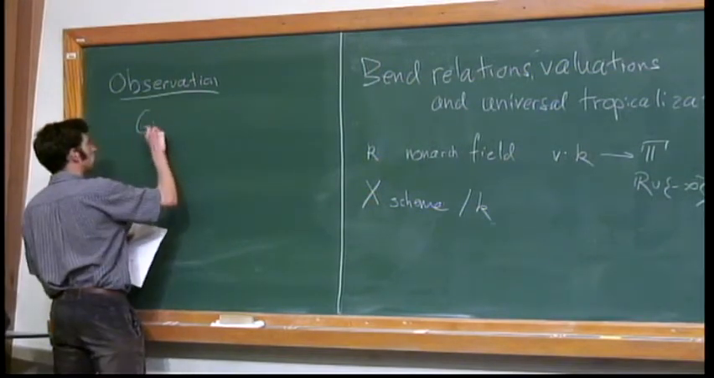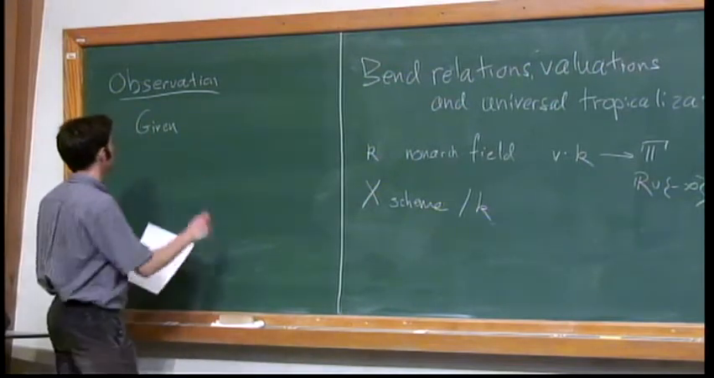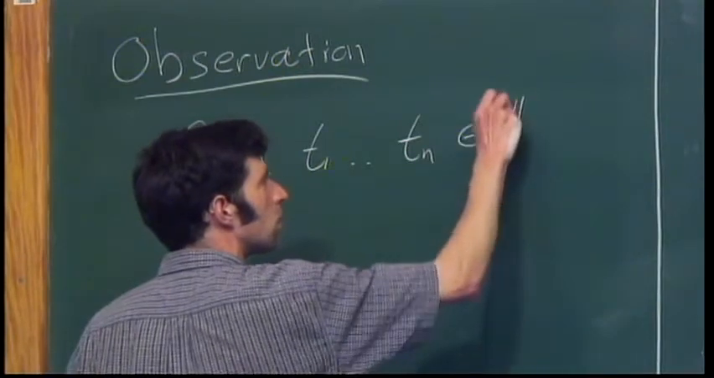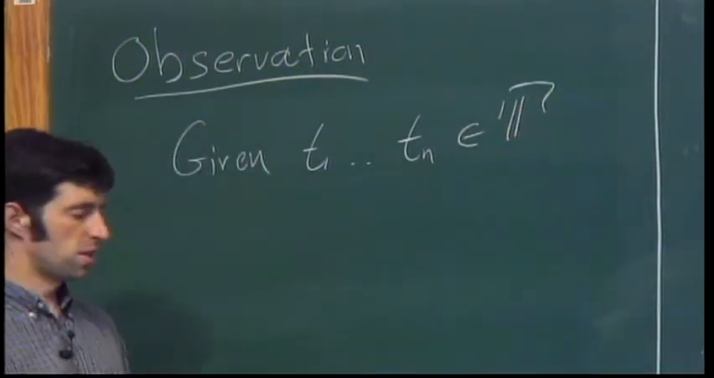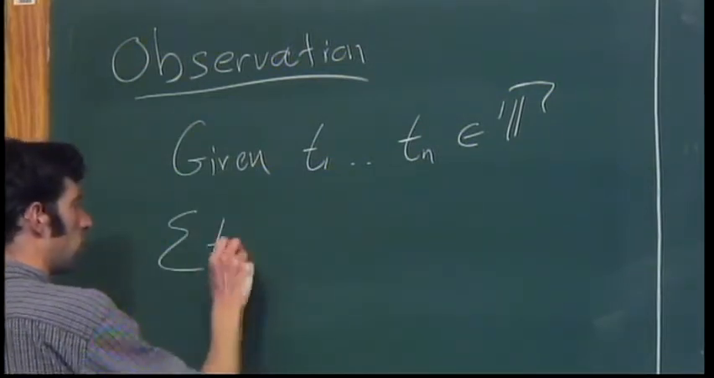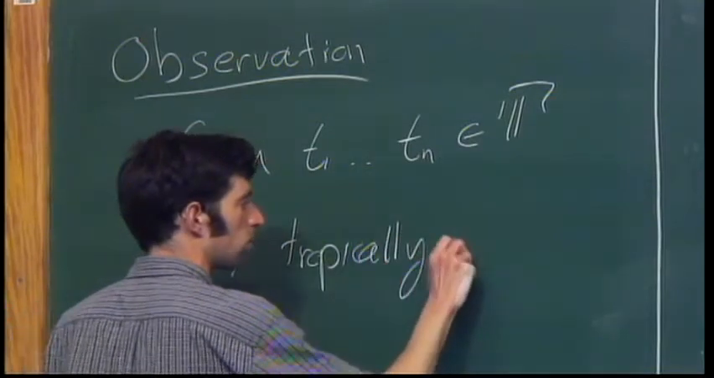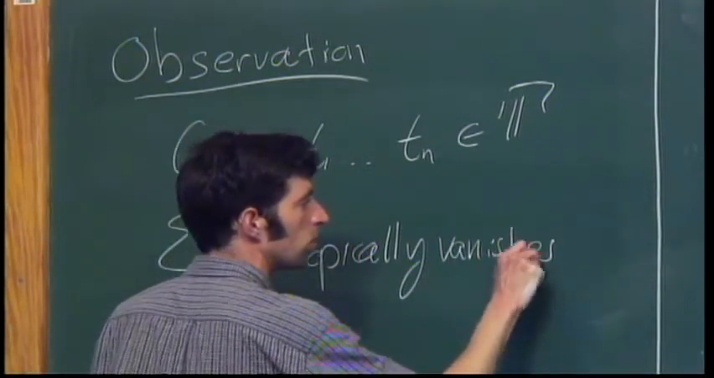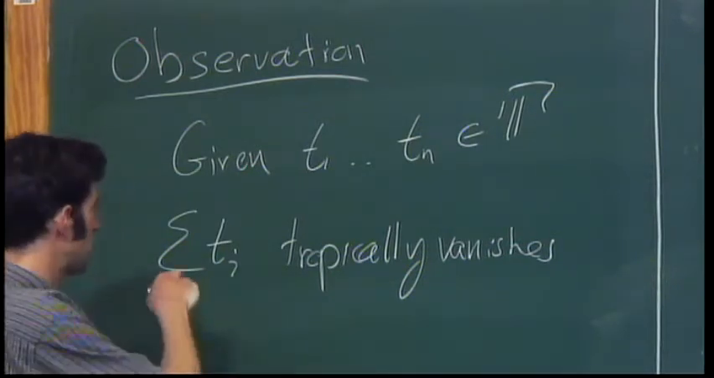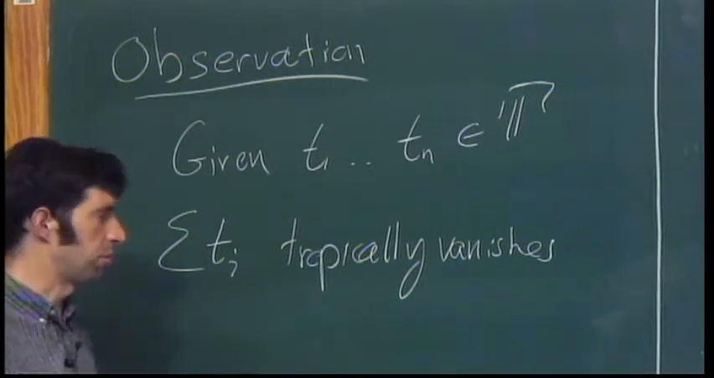So this is an observation about this tropically vanishing condition. Given a bunch of tropical numbers, T1 through Tn, the sum tropically vanishes, which is to say the maximum of all these Ti is attained at least twice, or the whole thing is equal to negative infinity,